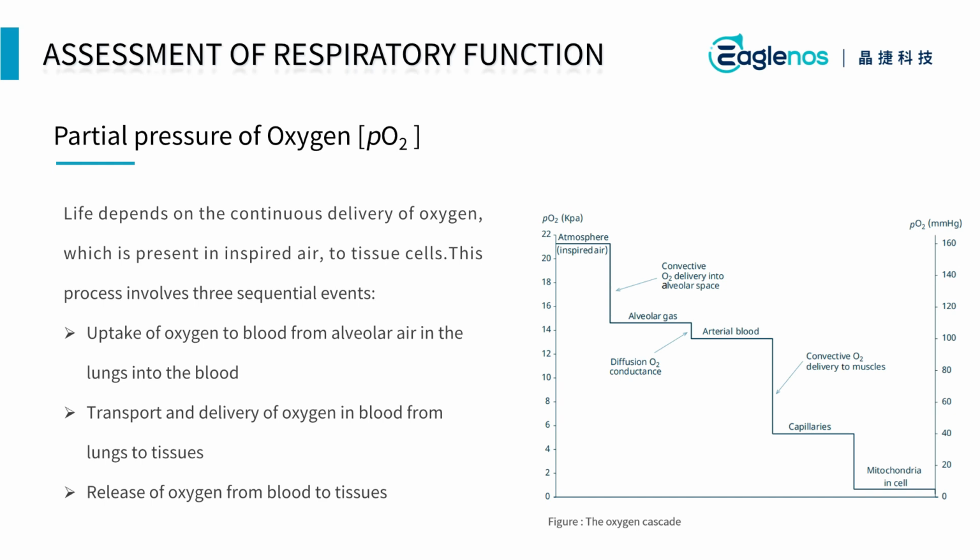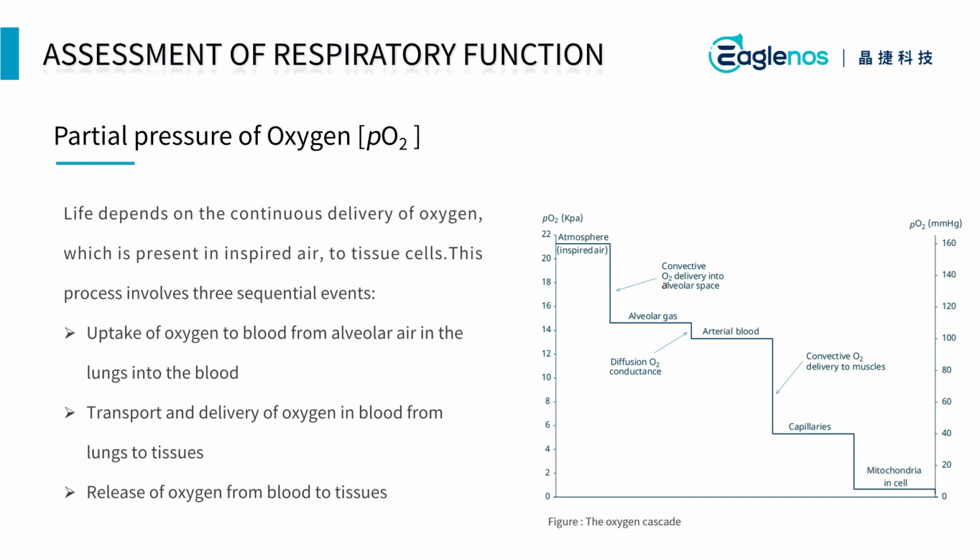The first step in oxygen delivery is the uptake of oxygen from the alveolar air into the bloodstream. Oxygen enters the lungs through inhalation and diffuses across the alveolar capillary membrane into the blood. Blood gas analysis, specifically measuring partial pressure of oxygen, provides valuable information on how effectively the lungs are oxygenating the blood. Impaired oxygen uptake can be caused by conditions such as pneumonia, pulmonary edema, or pulmonary fibrosis, which hinder the